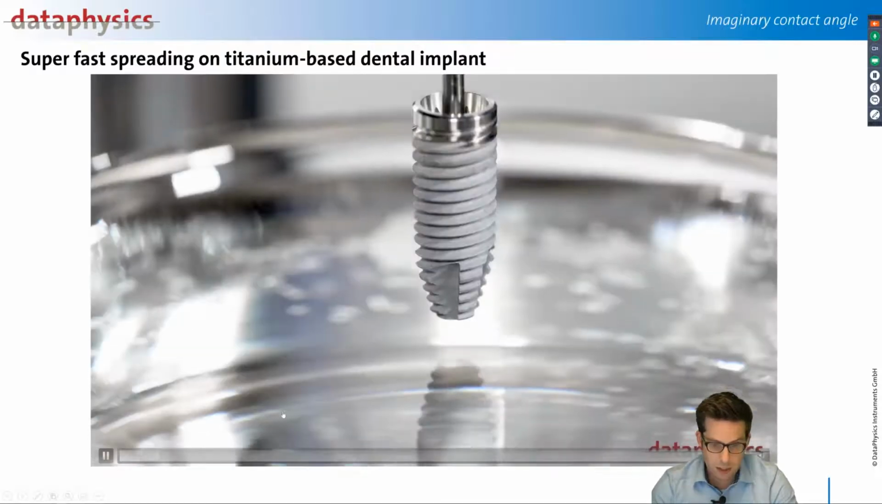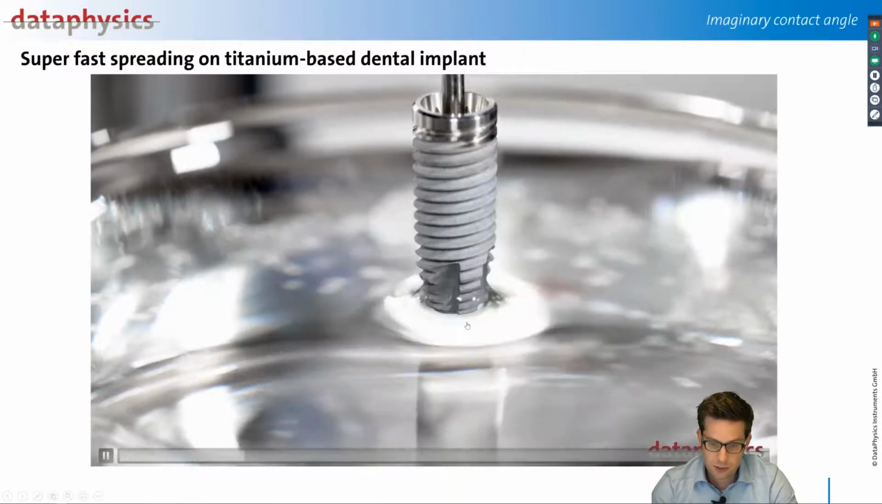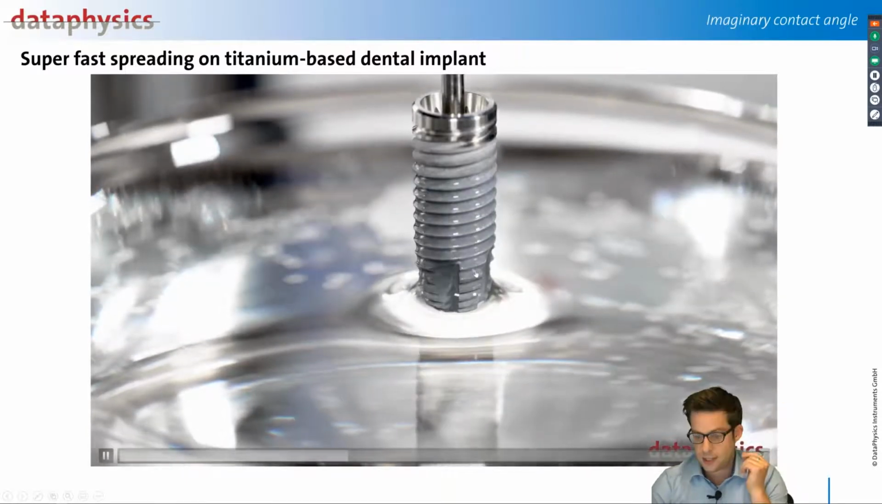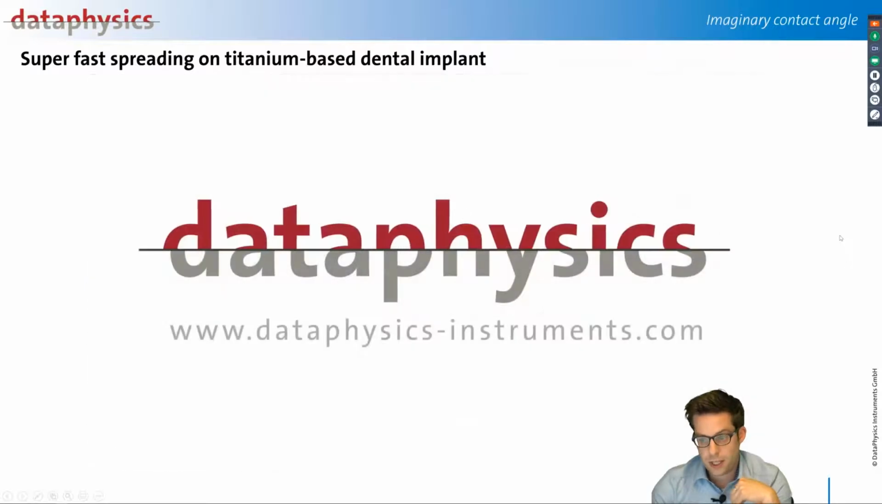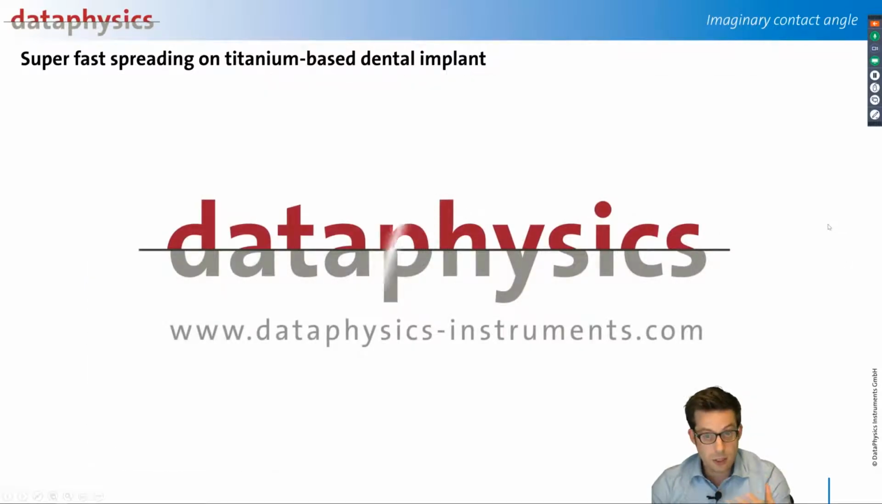Let me play it one more time. So just dip it in, water rises up. Super, very, very hydrophilic material on the surface. So this is not just an exotic method, it is really already used in several production facilities. People have their procedures for how they do it with our equipment, note it down, and then they can quantify in their quality control that this implant is good, and here is some problem with the coatings or with the treatments on